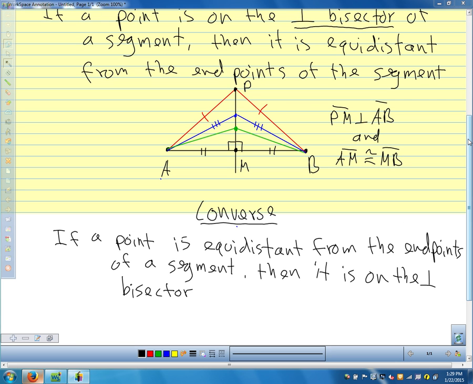So that's the converse of this theorem. It is true also. So if we know that these two distances are the same, that tells us the point has to be on the perpendicular bisector. And that's how we make, when we do the construction,